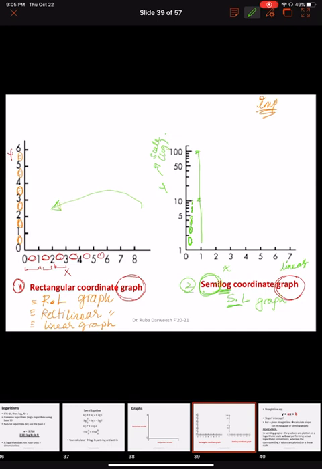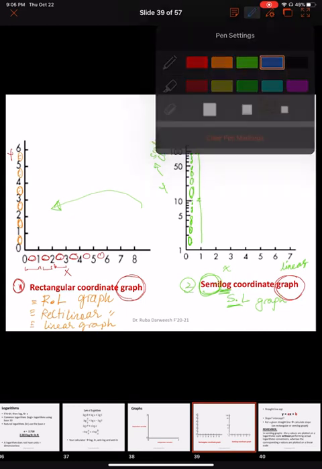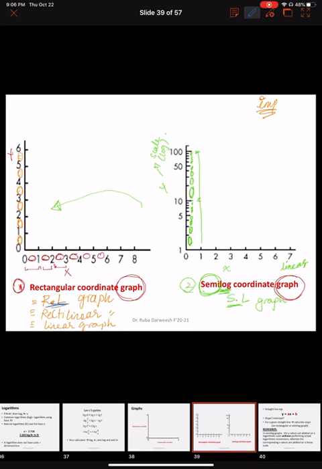The spaces were equal. Here the spaces start to be big, then they start to decrease as you go up in the cycle of the log. So again, we call this the linear graph or rectilinear graph, and we call this the semi-log graph. In this graph, we have a linear y-axis and a linear x-axis. And in this graph, we have the y-axis on a log scale compared to the x-axis on a linear scale. Let me show you some